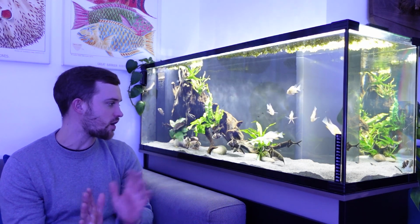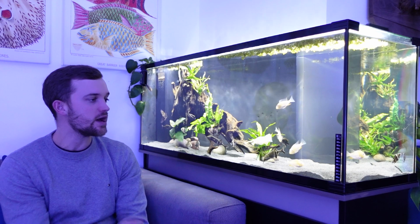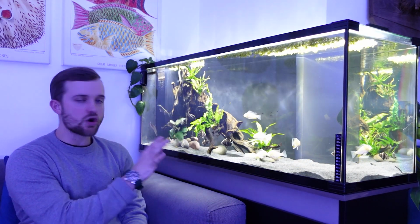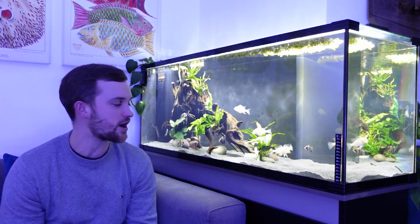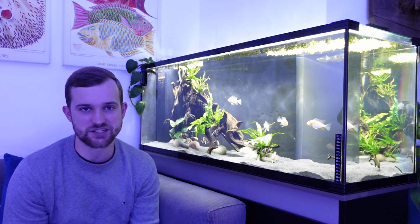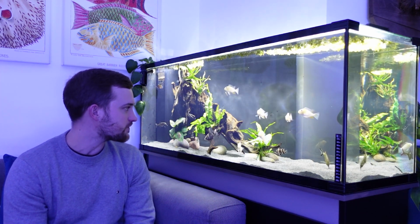There was a little bit of squabbling for the first couple of hours, but after that they all settled in really well. We've had no issues whatsoever. So we have now got 7 Datnoids in this aquarium, and I absolutely love them. They are fast approaching becoming one of my favourite fish to keep, and I would love to get some more